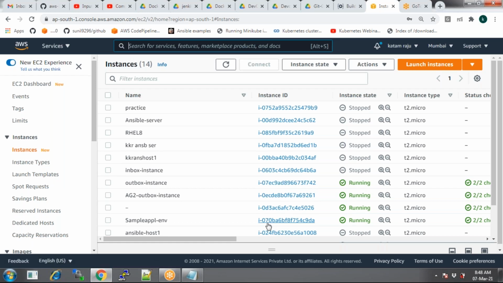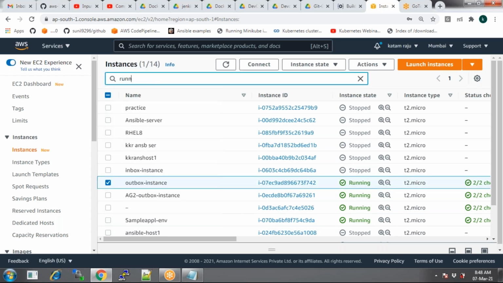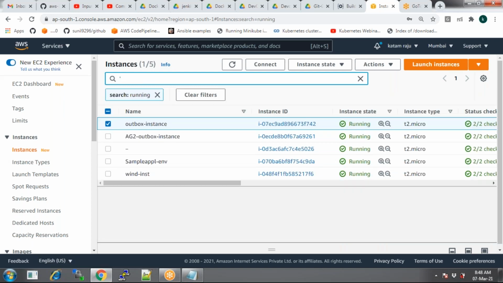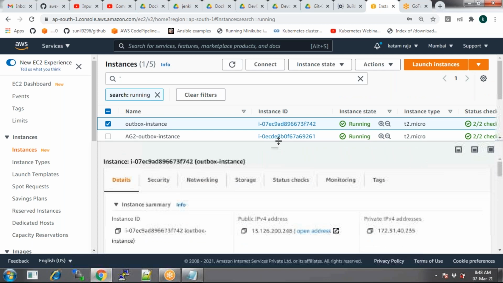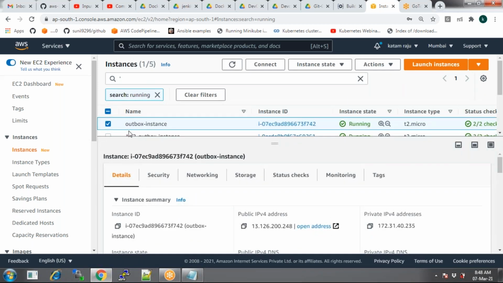Okay. Take some instance. I just want to go with a running instance. Probably I would go with that instance. Just a second. Right. So this is our instance, and check the instance first, and there you have monitoring.